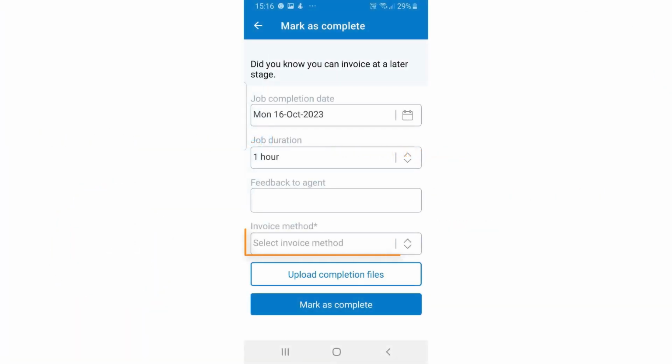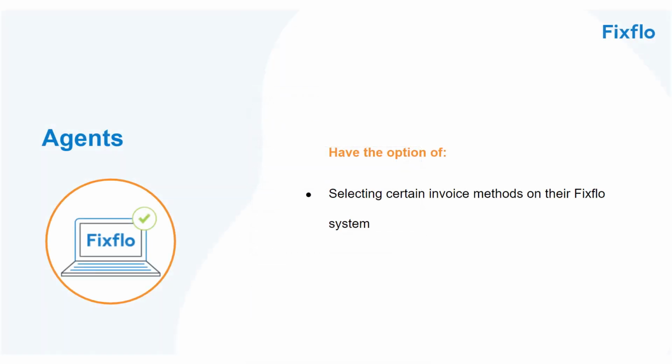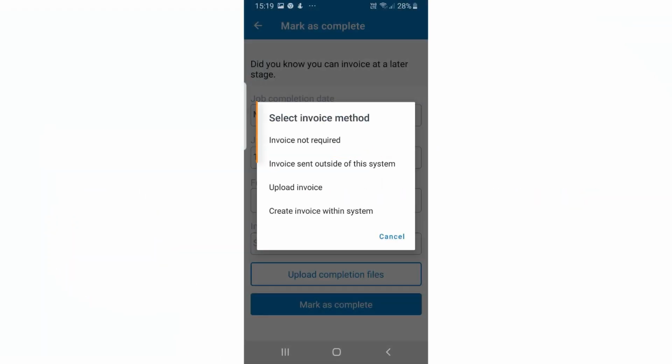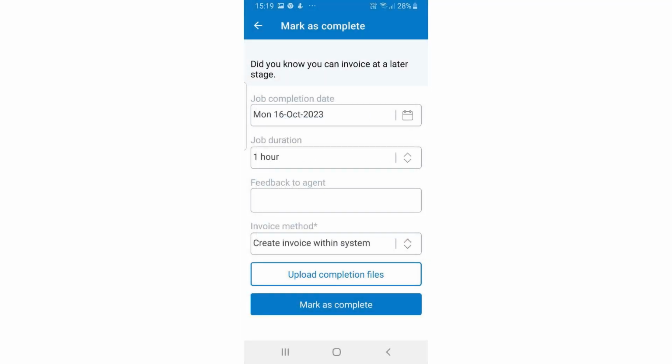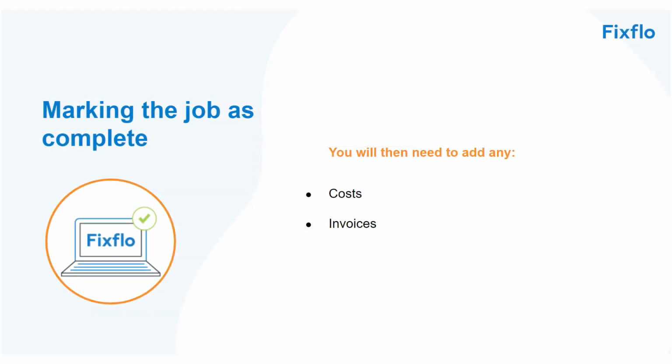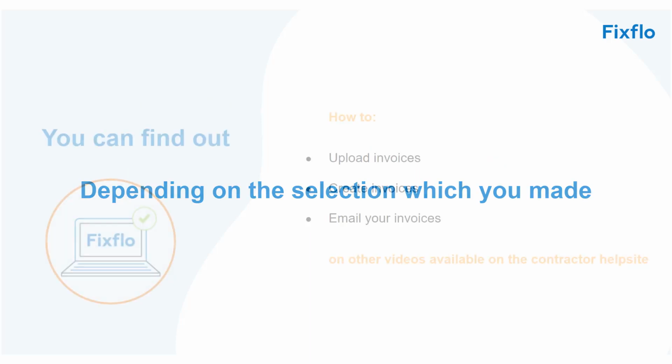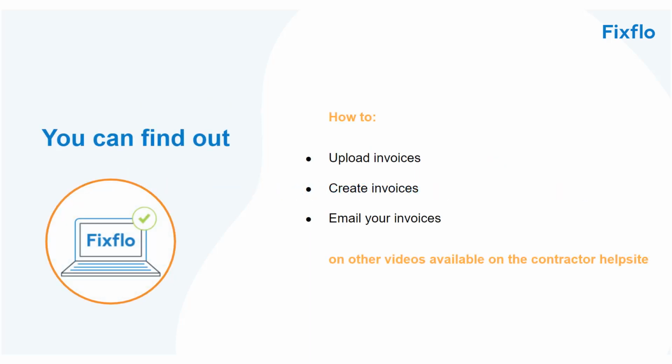You will need to select your preferred invoice method from the drop-down available. Please note that agents have the option of selecting certain invoice methods on their Fixflo system, so you may find that the options shown on the screen to you now may vary slightly. Once you are happy with your selection, then simply click on Mark as Complete. You would then need to add any costs or invoices, depending on the selection that you made. You can find out how to upload invoices, create invoices, and email your invoices on other videos available on the